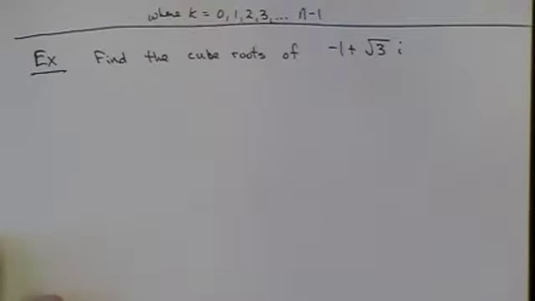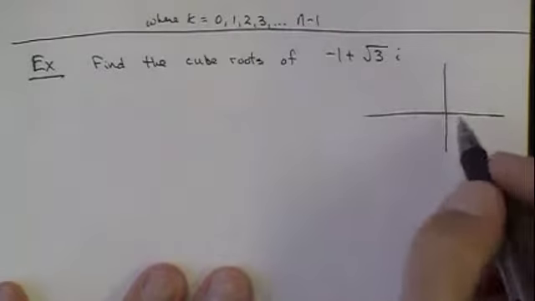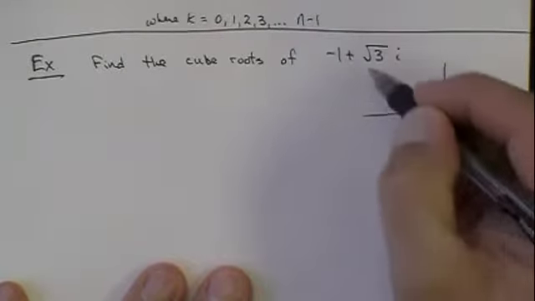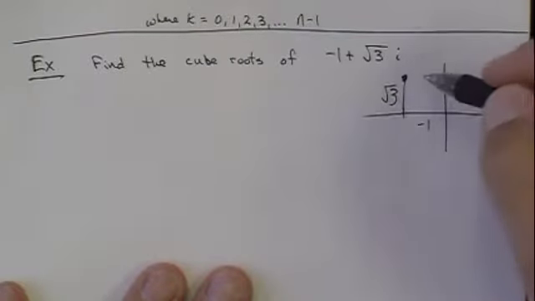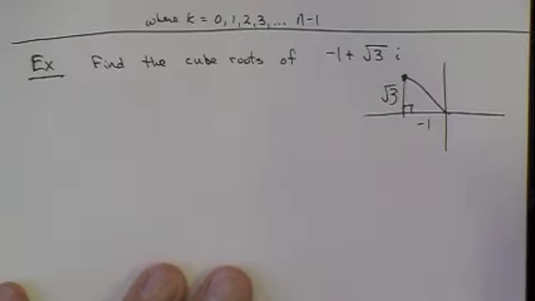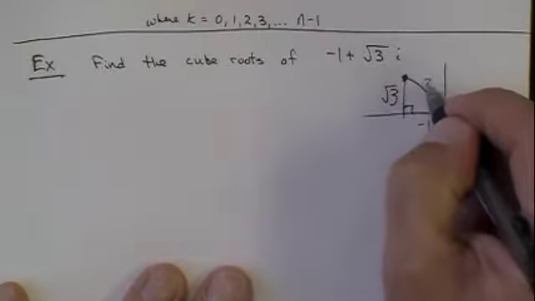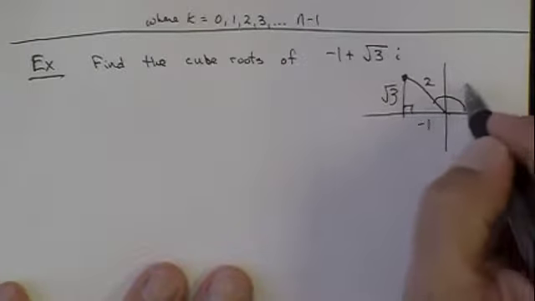For this example, we're going to find the cube roots of -1 plus square root of 3i. So let's first start off, let's change this into polar form. Now if we were to graph this, we know that our -1 is going to take us over here, square root of 3 goes up, square root of 3 here. So this gives us our point, that's our right triangle. We can now use the Pythagorean theorem and find that our radius there is 2,